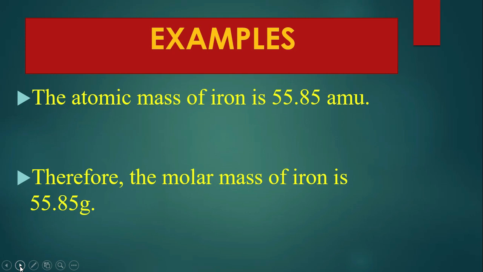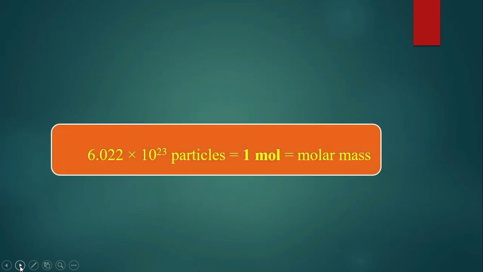So only due to the difference in unit, it becomes a different term, because the atomic mass is 55.85 amu, but whenever we talk about molar mass, we use it in gram. Now, students, here you can see that it's very important, don't forget to learn it. If we have a quantity of 1 mole, the mass present in 1 mole will be known as its molar mass, and the number of particles present in 1 mole will be equal to its Avogadro's number, 6.022 exponent 23 particles. Understood? This relation is very important and don't forget it.